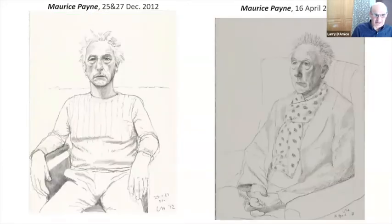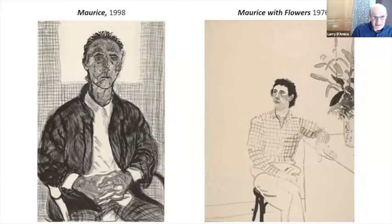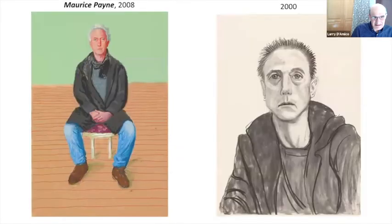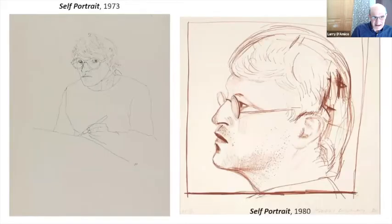And again, 2012. And 2013. And you can see the aging process in these drawings, which is pretty remarkable. I mean, they did a really great job at putting this show together, 100 drawings. So we go from 1976. And now,